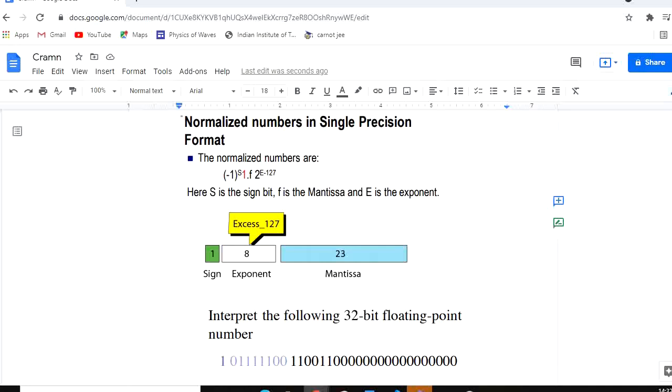Hello everyone. So in this video we will try to wrap up the course summary. We will try to cover some topics which you have missed. So first, which is a very important topic and is asked a lot in the exams, is the floating point